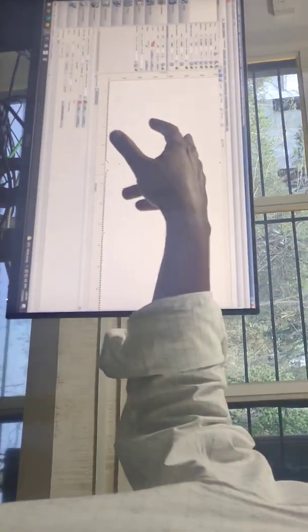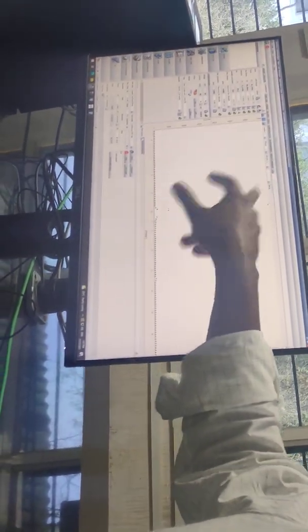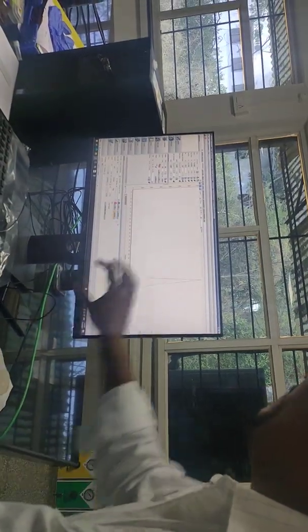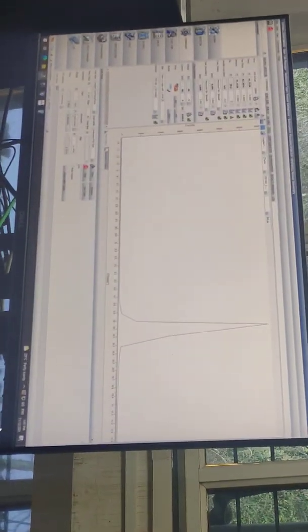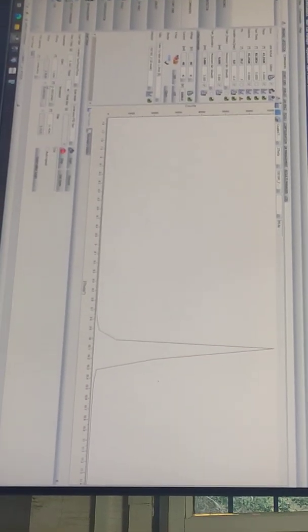So now I have to have 6 to 9 data points above the full width of maxima. How to get that? What you can do is, instead of doing a full XRD pattern, you can zoom into only this particular peak. Click on this button, use zoom. So only that particular region will be scanned. When I used 0.1 degree as an increment, I got only 1 point. If I reduce the increment, let us reduce it to 0.02,